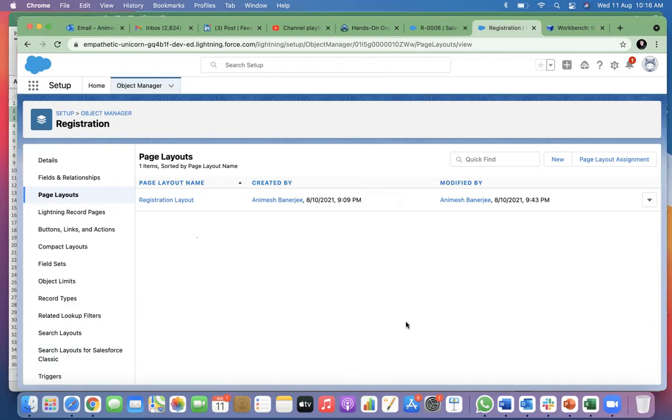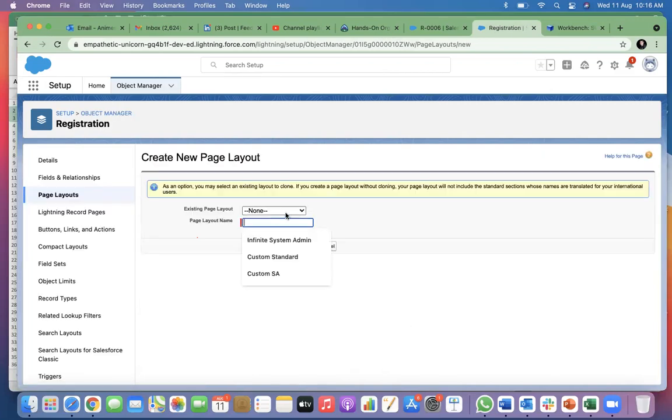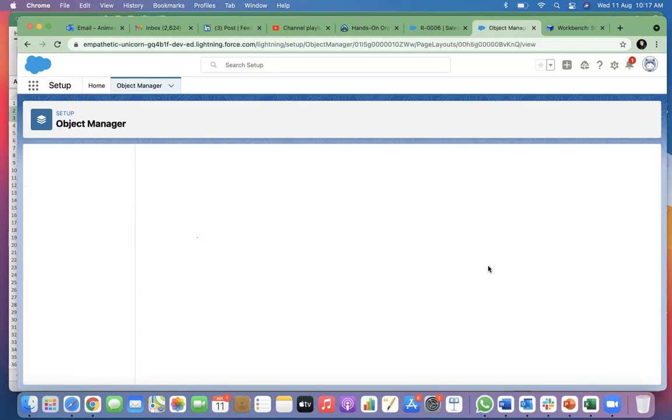Why can I create multiple layouts? Any idea? Why should I create multiple layouts? I can create another layout here. For different sets of users, yes, maybe, absolutely. So if I create a marketing registration for the marketing team, I can select which fields to keep and which fields not to keep, right?